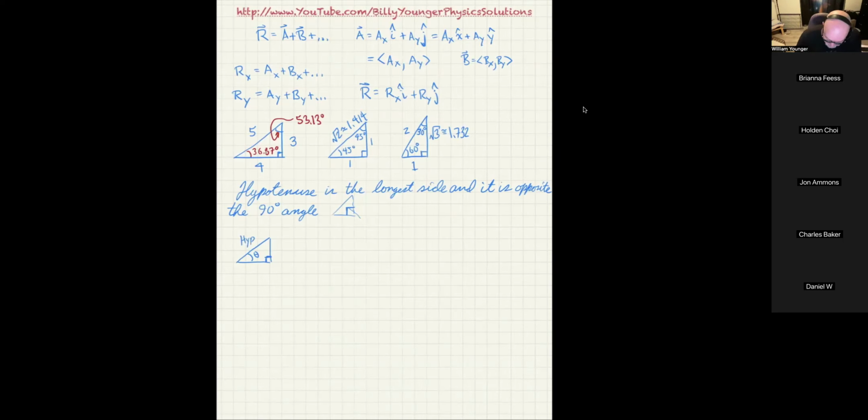Now, once you eliminate the hypotenuse because you have this little arrow pointing to it, then all you have left is the adjacent side, which means the side touching the angle, and the opposite side, which means the side that's not touching the angle. Notice the hypotenuse is touching the angle, but that's not one of the sides, that's the hypotenuse. So I can write this down as the adjacent side, and this as the opposite side. Then I have a mnemonic I use, and it's probably not the one you use, but it